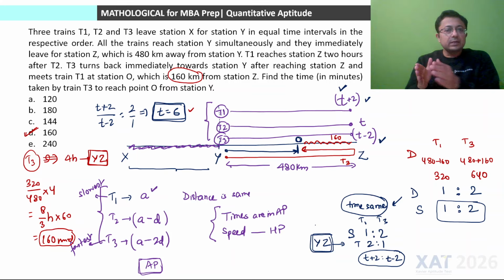Additionally, we knew that train T3 comes back from Z and meets train T1 at point O, that is at a distance of 160 kilometers from station Z. The distance traveled by train T1 is 320 kilometers in that same time, and in that same time distance traveled by train T3 is 480 plus 160 यानी कि 640 किलोमीटर्स, तो डिस्टेंस ट्रेवल का रेशियो 1:2 आ गया, स्पीड का रेशियो भी 1:2 होगा क्योंकि टाइम सेम है,